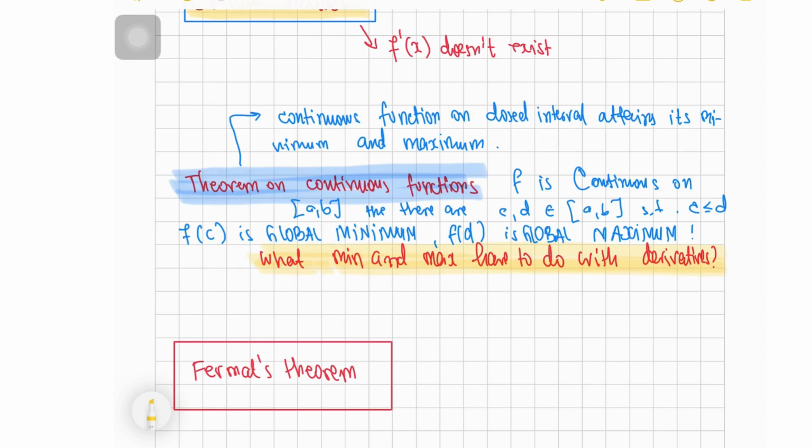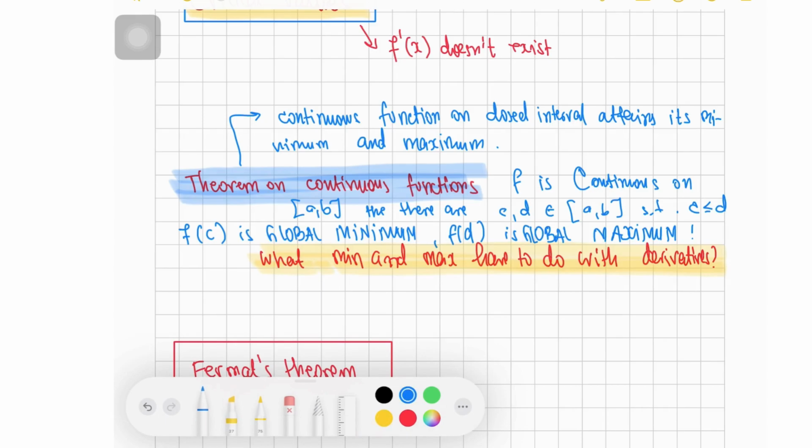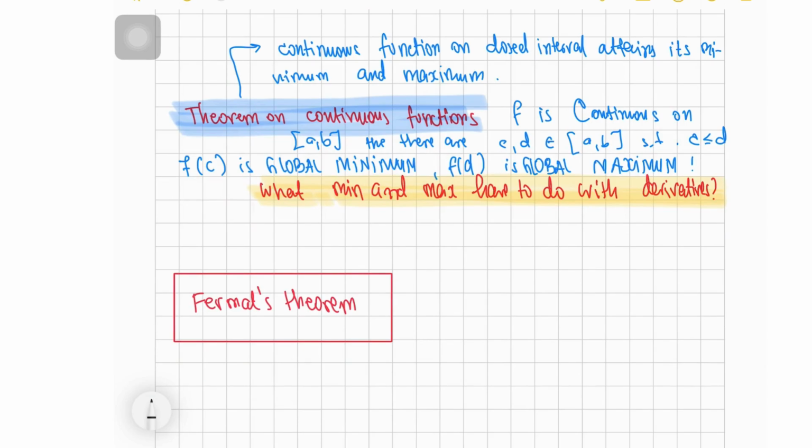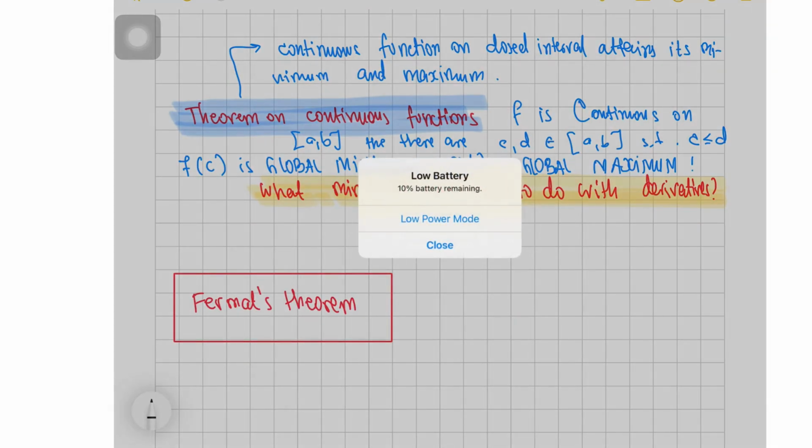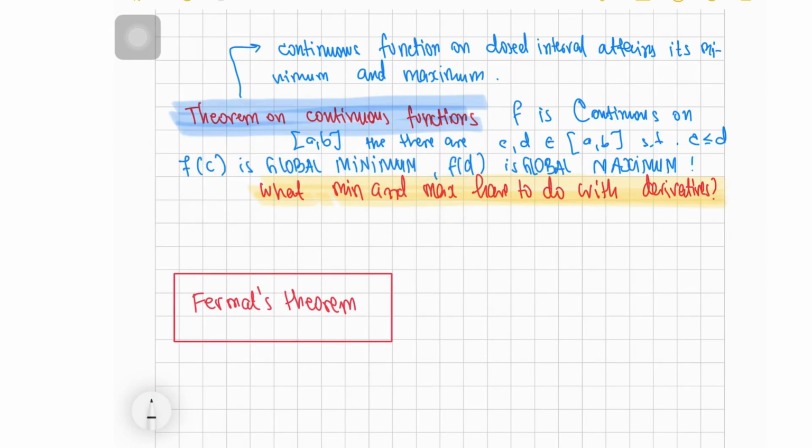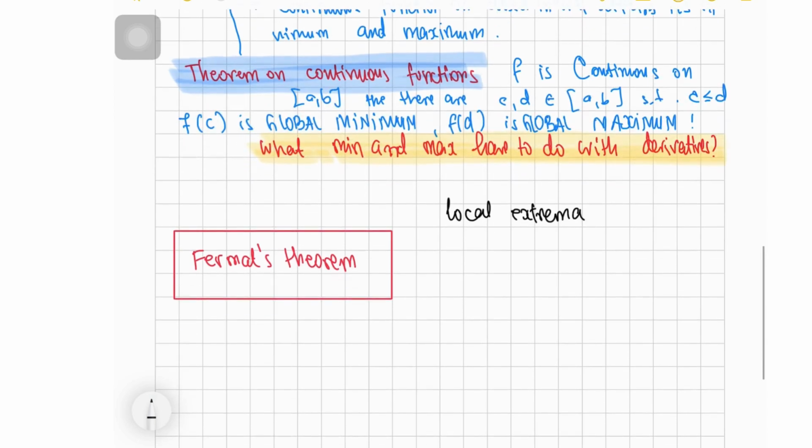And the answer gives the famous Fermat's theorem, especially when we speak about relative extrema, so local. So I will just write here local extrema. Okay, and Fermat's theorem says